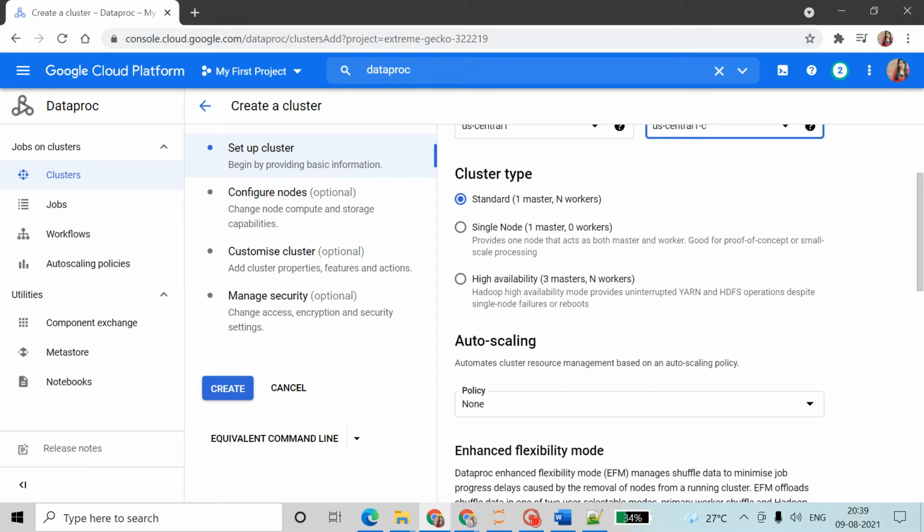Here is the cluster type. Now what is cluster type? Standard: one master and workers; single node: one master, 0 workers; high availability: 3 masters and workers. Just now I explained that in MapReduce we have job tracker and task tracker, where the job tracker is master and the task tracker is slave.